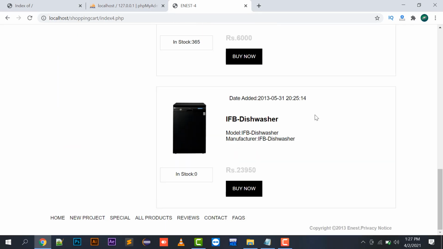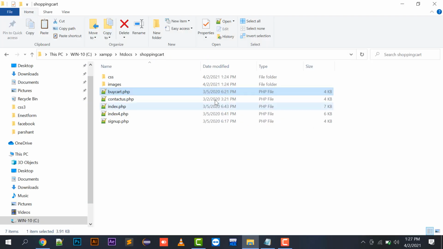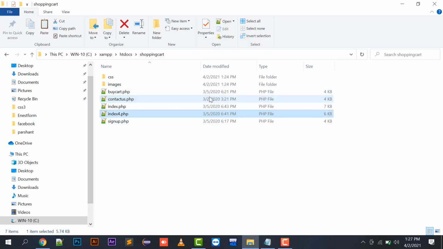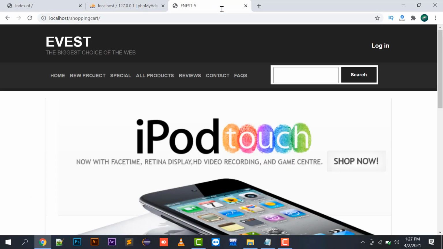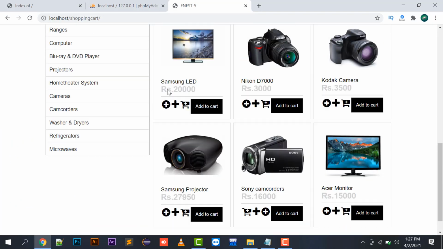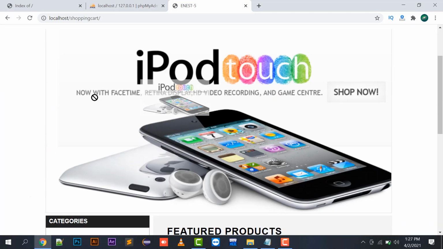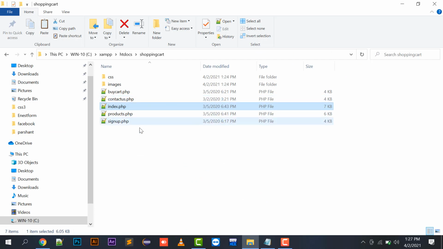So this is the file which will display all the products in front of me. I will be renaming this file as products.php, right? So here is the full detail. Index will be my front page, the home page in which my slider will be implemented, categories will be displayed, and the products will be displayed, right?